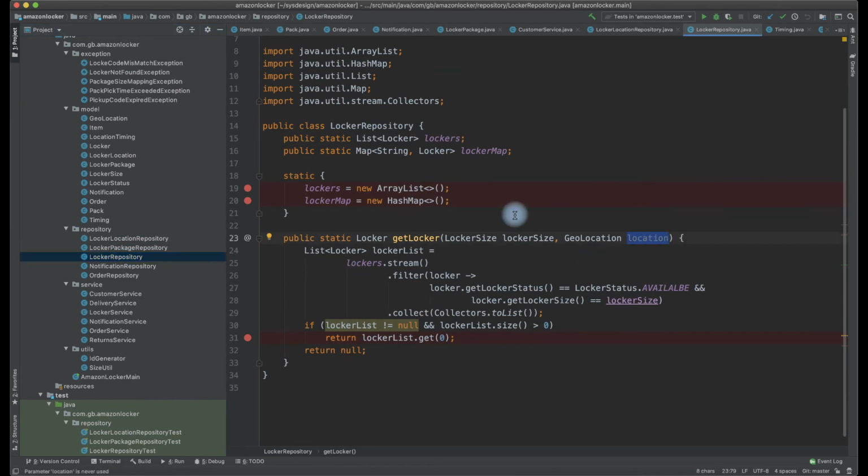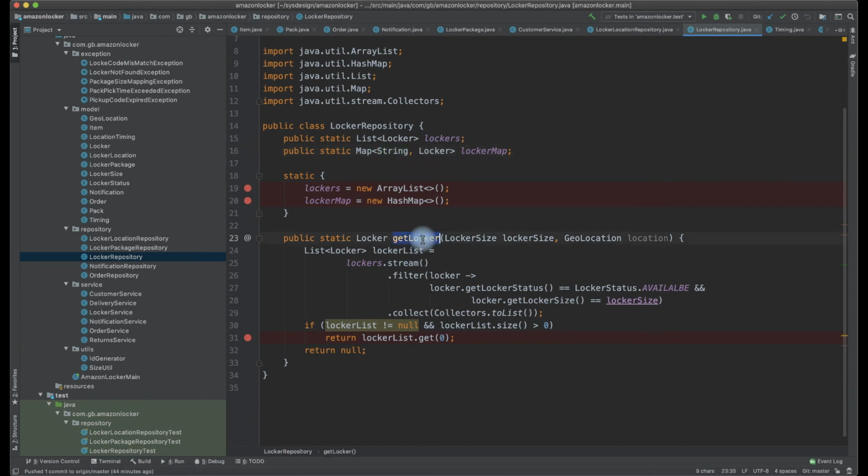So the locker repository contains all the lockers. Whenever a locker ID is given, I need to fetch the locker in O of one time, because a customer may have the locker code. They can copy paste the locker code and search for the locker, right? We can give a small link. When they click this locker ID, it may go into a map and show the location of the locker, right? So we need to fetch the locker location in O of one time. I maintained a map. We might be storing that in cache or whatever it is that comes in system design.